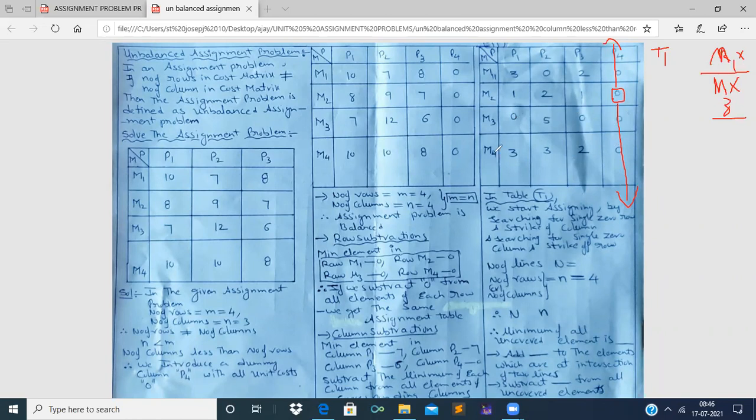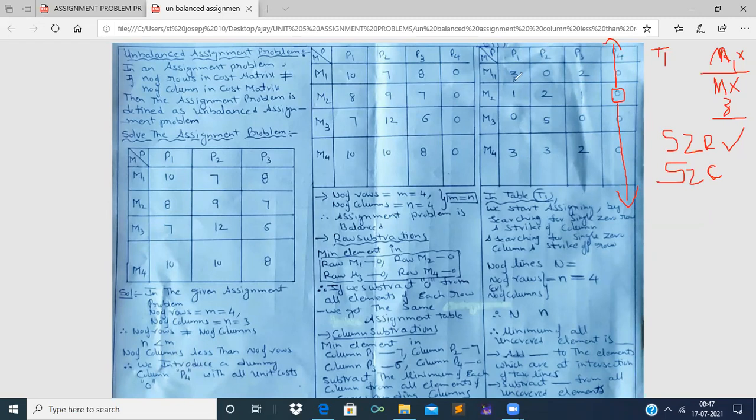Now, let us proceed for the fourth row, M4, and no zero is left over. Only 1 zero was left, and as we assigned, that zero which is in the fourth row is underlined. So the single zero row search is finished, and we have given assignment. Now we have to proceed for single zero columns.